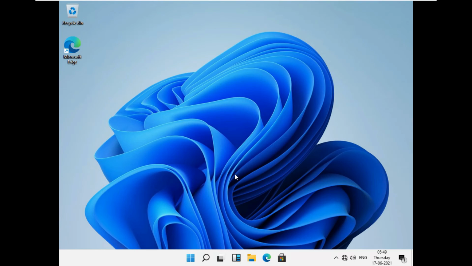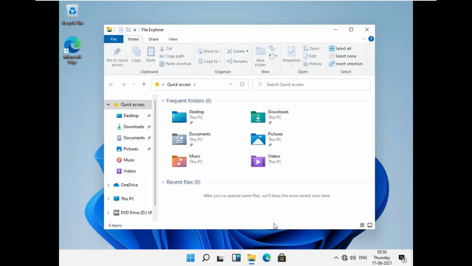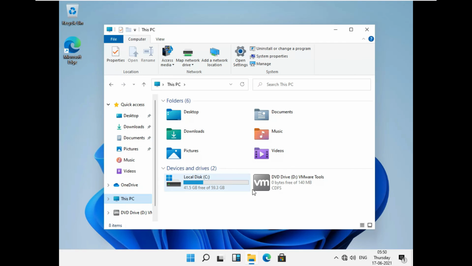So all in all the native apps remain the same, like Microsoft Edge and Microsoft Store, but we have new icons everywhere. So if you open the File Explorer, you can see the new icons here. If you click on This PC, this is how it looks like.